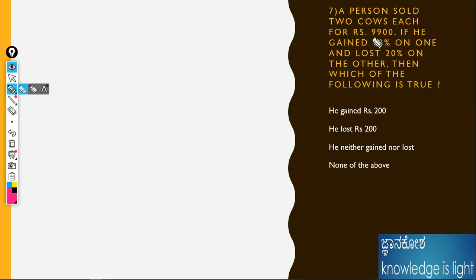The person sold 2 cows, each for rupees 9,900. On one he gained 10%, and on the other he lost 20%. Which of the following is true? Okay, 2 cows are there. Let's see carefully. SP of the first cow is